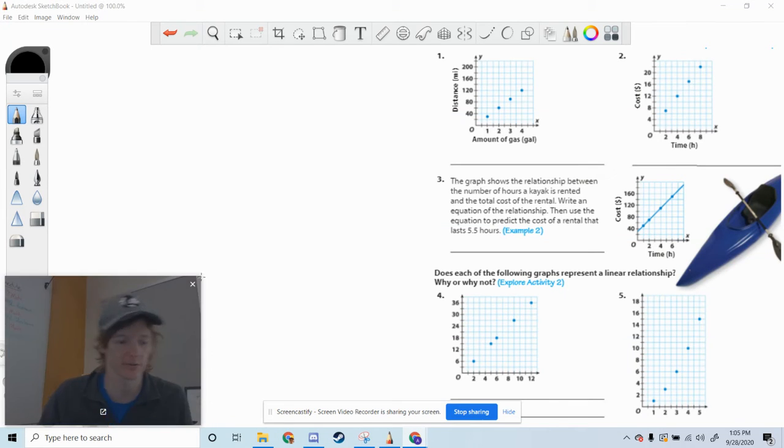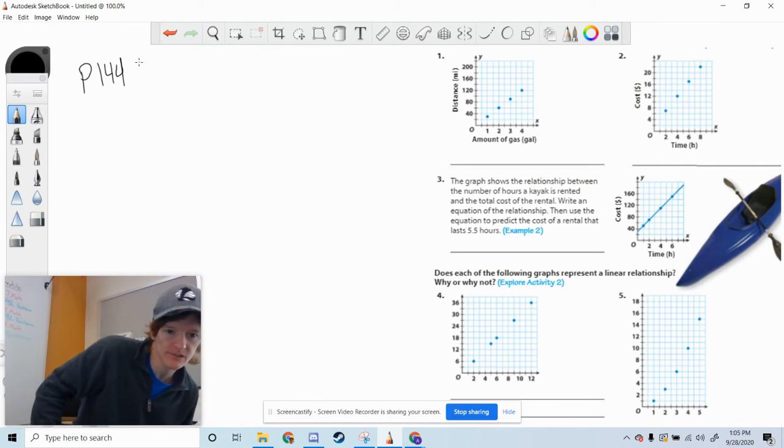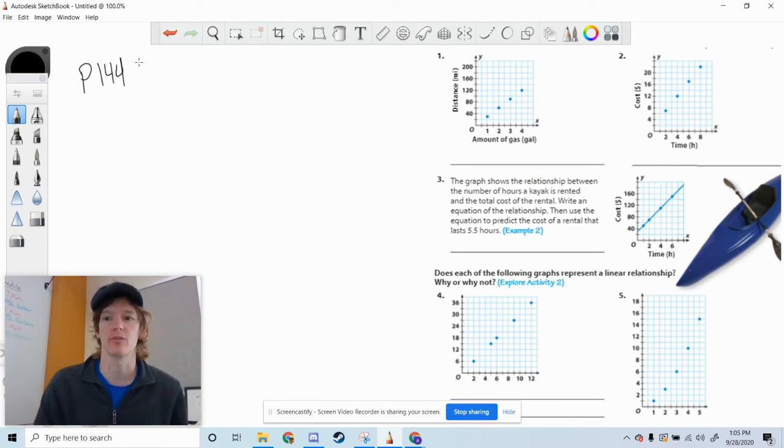Right, this will be a video for 8th grade, page 144. This is page 144. In this section, we are just looking at more real-world examples of linear equations, and we're